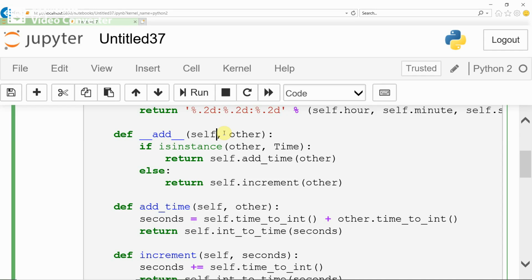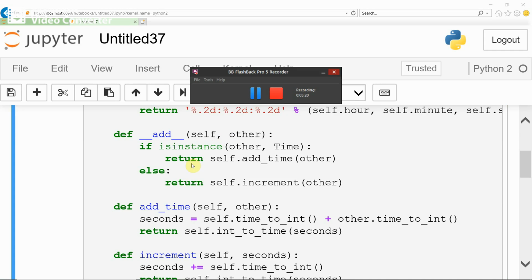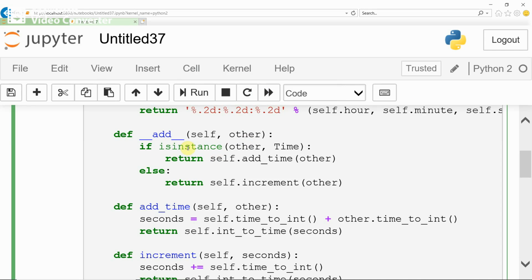For example, if other is an integer, it calls the increment function. When the add function is called with an instance of the object, then it passes other as the object by calling the add time function with self. Otherwise, if other is an integer, it calls